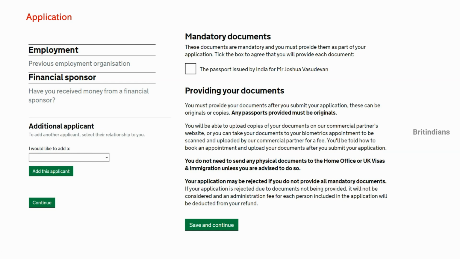So if you save and continue, then you have to pay your application fees, and then you have to pay your immigration health surcharge. So you have to pay £700 for your graduate visa application, and then you have to pay £624 per year for your IHS charge. So that is £1,248 for your IHS charge and £700 for your application fees. So totally you have to pay £1,924 if you are applying for your post-study visa as an undergraduate or master's student.